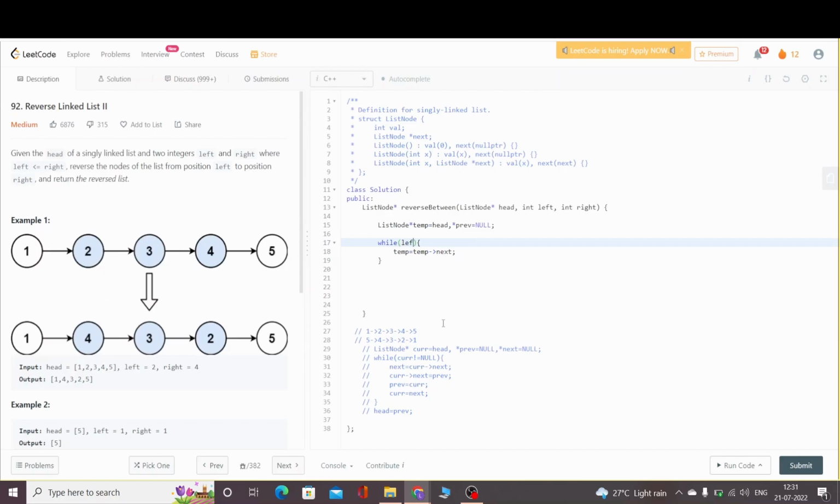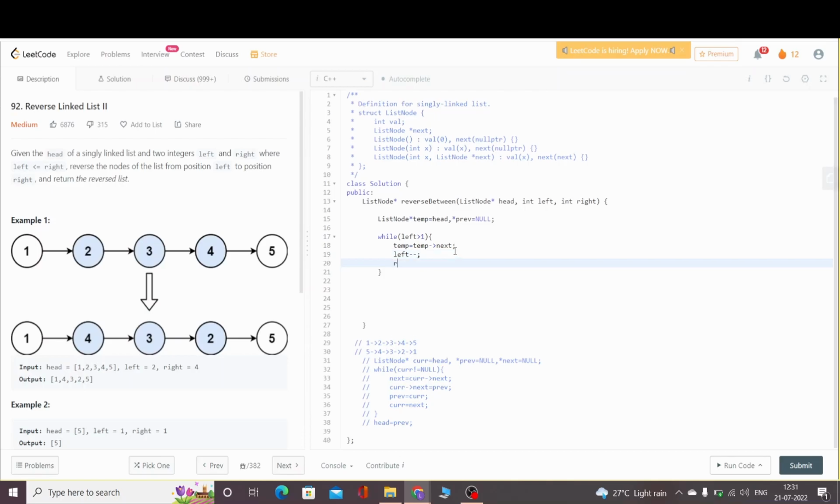So left should be always greater than 1, not 0, because at 0 we will be skipping 2 nodes then. So just reducing it, left minus minus, and right minus minus. Right minus minus is required because, let's say, we can do it iteratively, right minus left minus 1. So in that way also you can do, but to make it clear and simple, we are also decrementing the